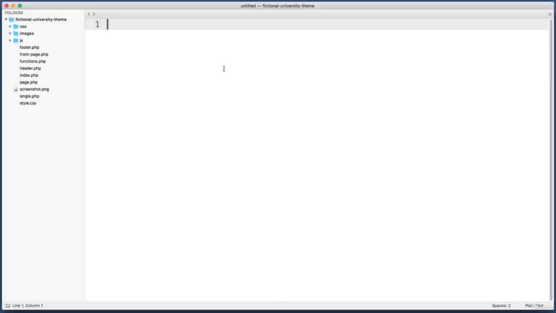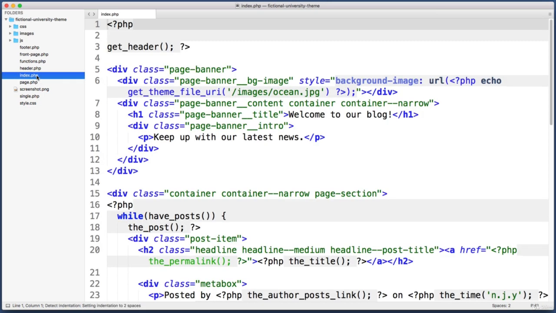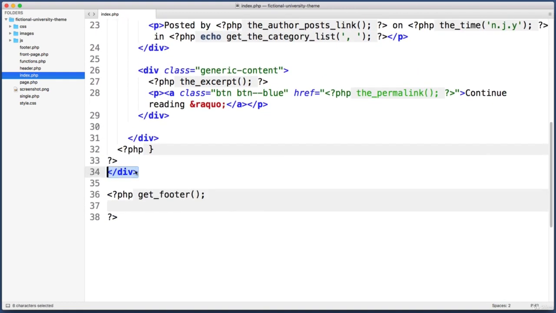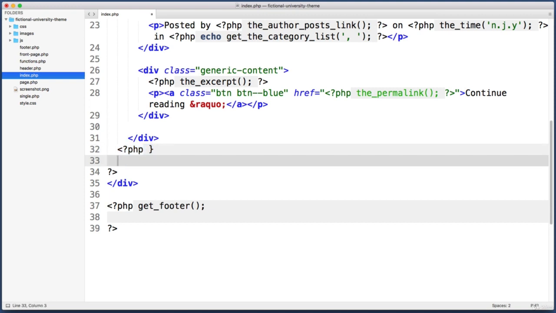Let's jump into our text editor, and in your theme folder, open up index.php, and we want to add the links at the bottom of the page. So let's scroll down to the bottom of this template, and let's add the links right before this final closing div. So that way the links are still horizontally centered within this container div. So right above this closing div line, I want to write a bit of PHP. Now I could open up PHP again, but I can see that it's already opening and closing here. So why don't we just add a new line right below this line,